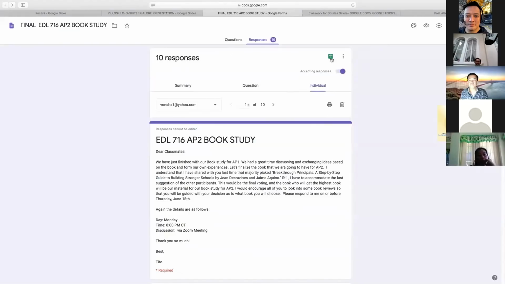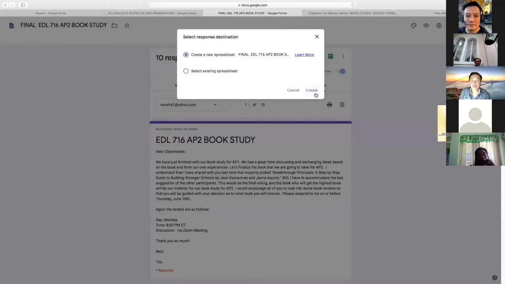Or if you want to see something else, there is a green plus right here. It will create a spreadsheet, just like an Excel. When you click it, it will ask if you want to create a new spreadsheet or use an existing spreadsheet. Let's say I want to create a new spreadsheet, so you just click create.